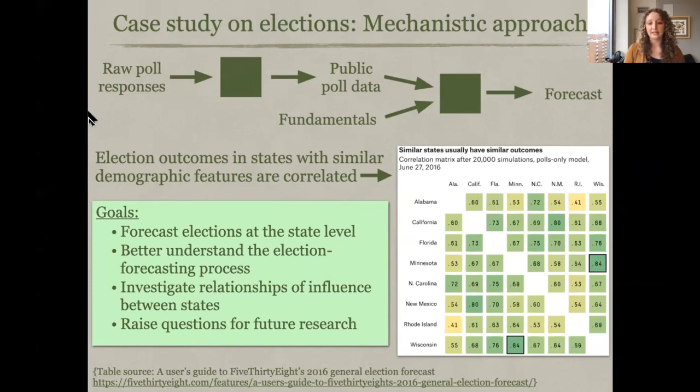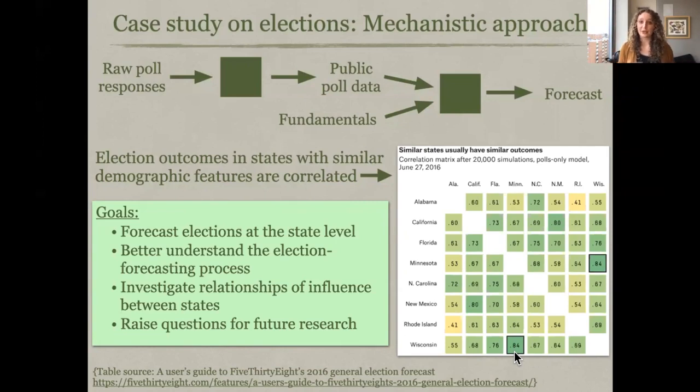And so what motivated us was, in part, pictures that look like this. So this is from 538, but it's an image that shows that while elections are decided within each state, your error in your forecast is correlated in states that have similar demographics in common. So basically all we're saying here is that oftentimes Wisconsin and Minnesota, because they're kind of similar states, vote in a similar way. And so Wisconsin is going to be more likely to vote like Minnesota than it is to vote like California, for example.